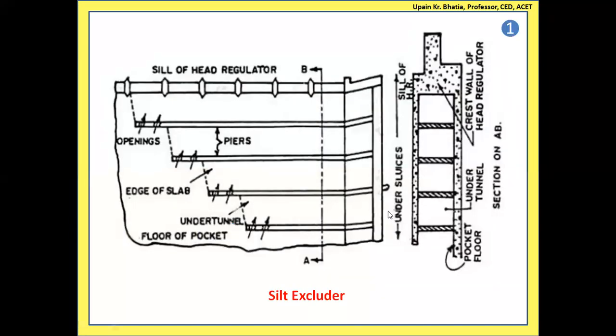This is the diagram of silt excluder, which is generally available in the books. And it is a 2-dimensional thing. As a civil engineer, you must know that if this is the top view and you take a cross section of any structure and view it, these arrowheads tell us that you have to view from right to left. So if you cut it from here and you view from right to left, then what you will see is this. So this is the diagram.